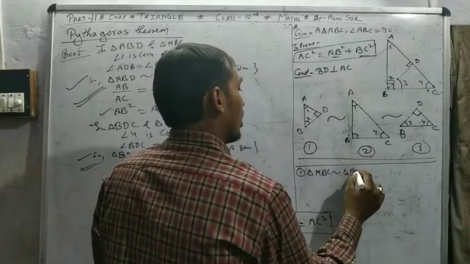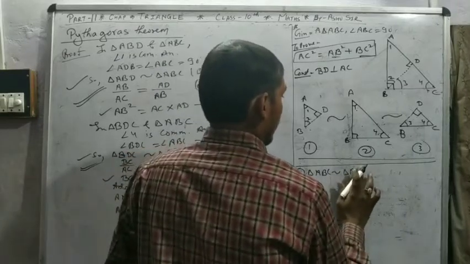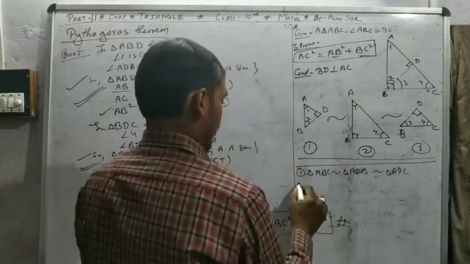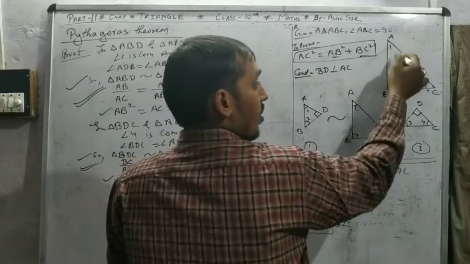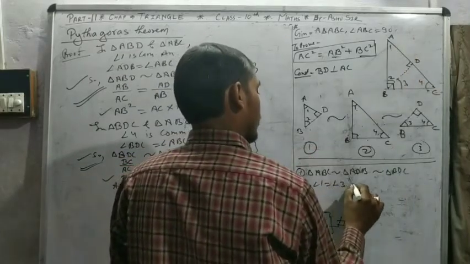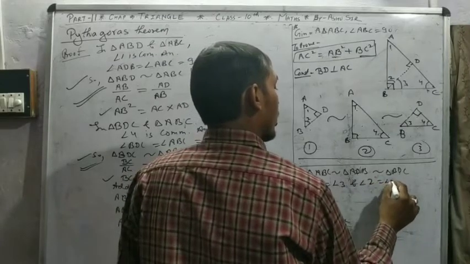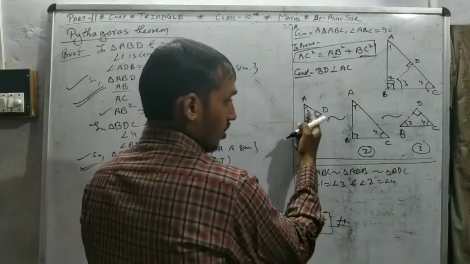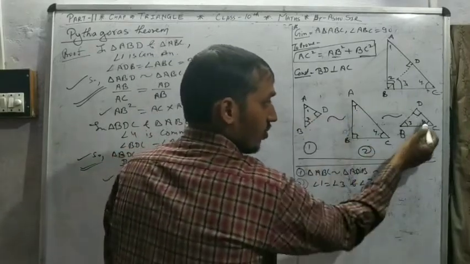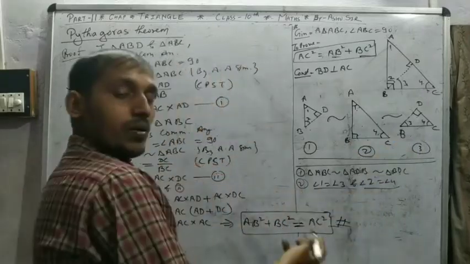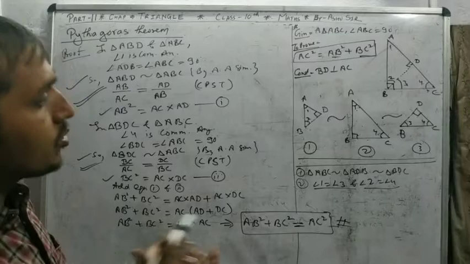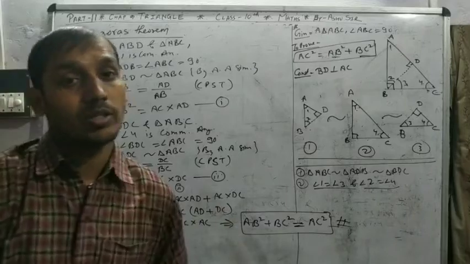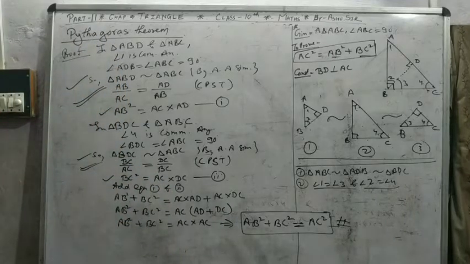ABC is a similar triangle, ADB is similar to triangle BDC, all three similar. See, 1 equal to 3 and angle 2 is equal to angle 4. 1 equal to 3, 4 equal to 2. CPST. 1 common, so 2 equal to 4. 4 common, 1 equal to 3. They are also part of this. So there are different types of questions formed from this theorem. Only similarity and corresponding parts. So pause the video, note down.